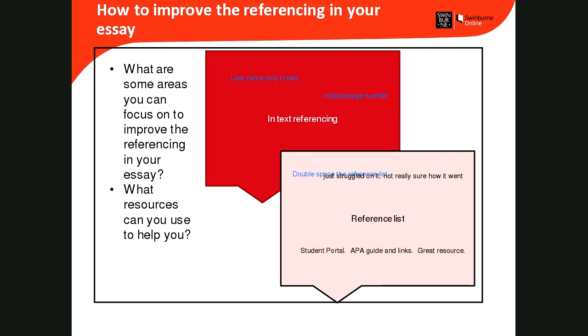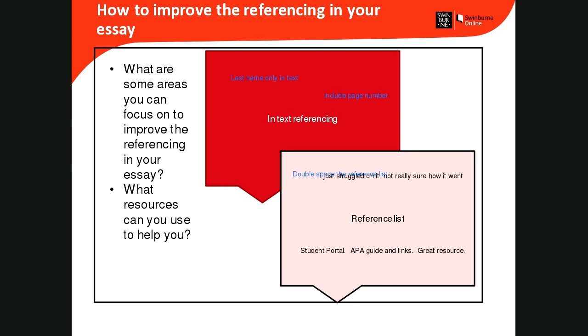accessing a range of sources, so you're not just relying on one or two. Really try and spread it out a little bit, and I'll get to how many sources, because I know that number is crucial for a lot of you. I'll get to that in, I think, two or three slides' time. But I think formatting of the reference list is really, really important. Just go and check the student portal, find your APA guides. Absolutely, someone's got that. That's a great resource. So go and have a look, and then spend a little bit of time just getting the formatting right, because that shows that you are taking care with your presentation. It shows that you're being professional about it, because referencing and in-text referencing really does reflect the academic integrity and strength of your work.